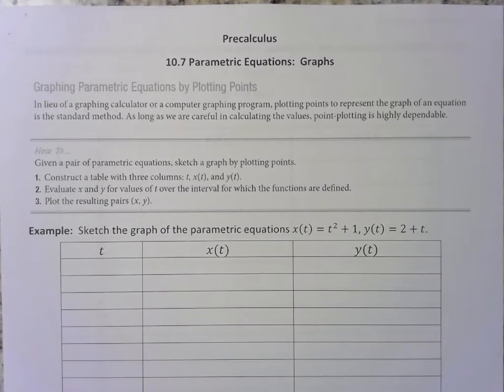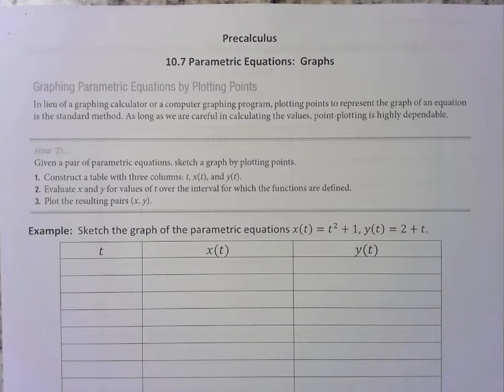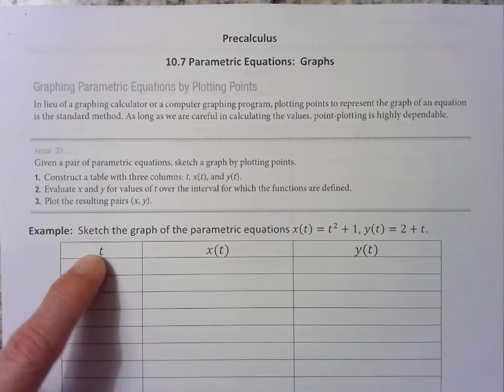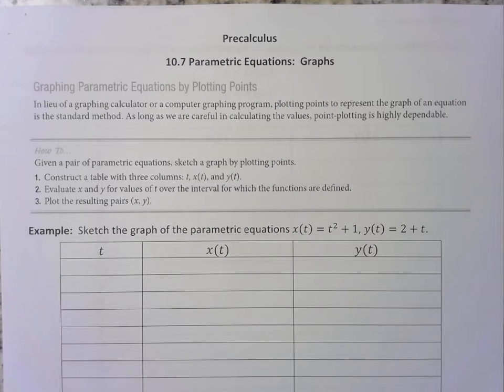So in this section, we're going to be graphing parametric equations. Now remember, a parametric equation will give you the direction that the graph is going, dependent on a variable. In this case, it'll be dependent on the variable t. Now normally in a parametric equation, t is your time, but it really depends on the application that you're dealing